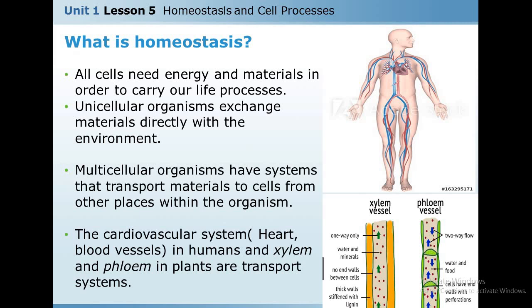And then when photosynthesis happens in the leaves and the food is synthesized in the leaves, the food is going to be transported to other parts of the plant through the phloem vessel. So also we have a transport system in the plant. All you have to know is that we have transport systems to transport the needed materials to the cell. In the human, we have artery and vein. In the plant, we have xylem and phloem. Okay?